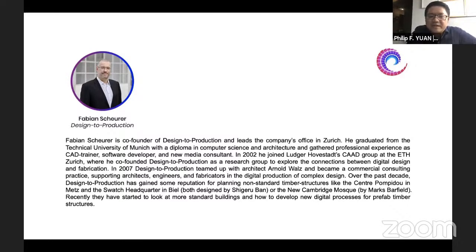In 2007, Design-to-Production teamed up with architect Arnold Walz and became a commercial consulting practice supporting architects, engineers, and fabricators in the digital perfection of complex designs. Over the past decades, Design-to-Production has gained a great reputation for planning non-standard timber structures like the Centre Pompidou in Metz and the Swatch headquarters in Biel, both designed by Shigeru Ban, and the new Cambridge Mosque by Marks Barfield. Recently, they have started to look at more standard buildings and how to develop a new digital process for